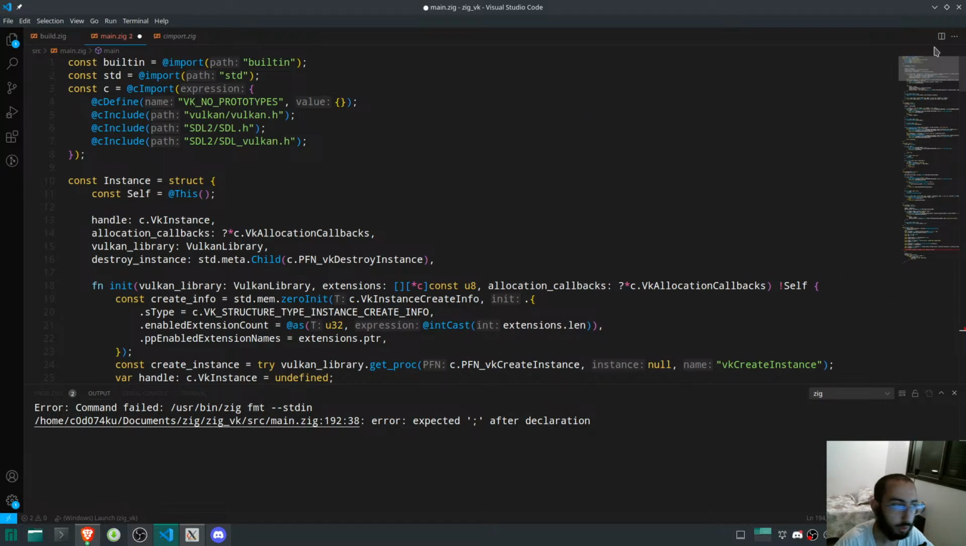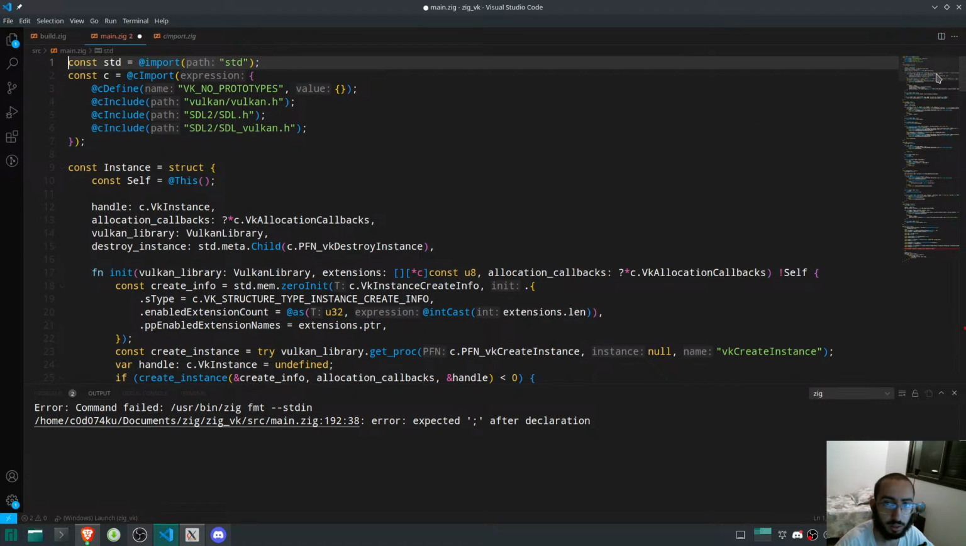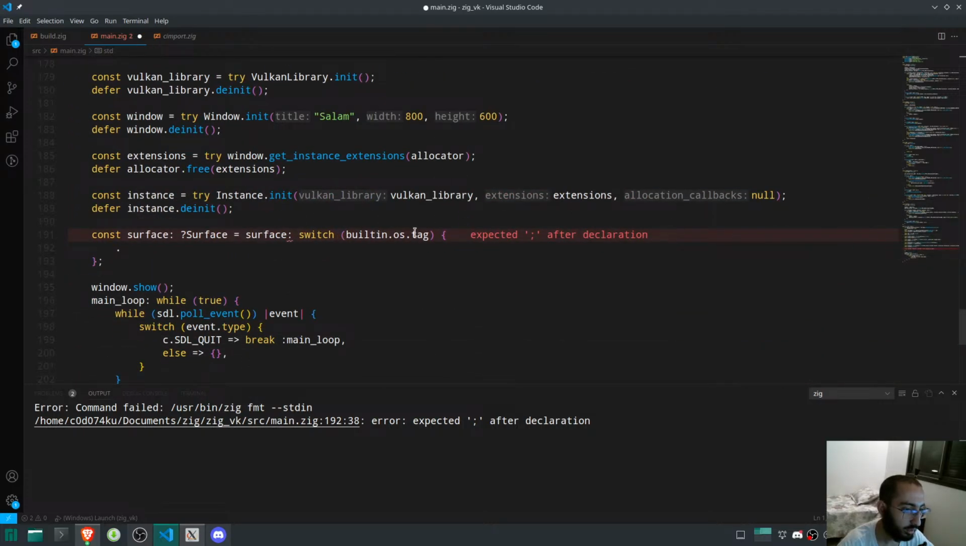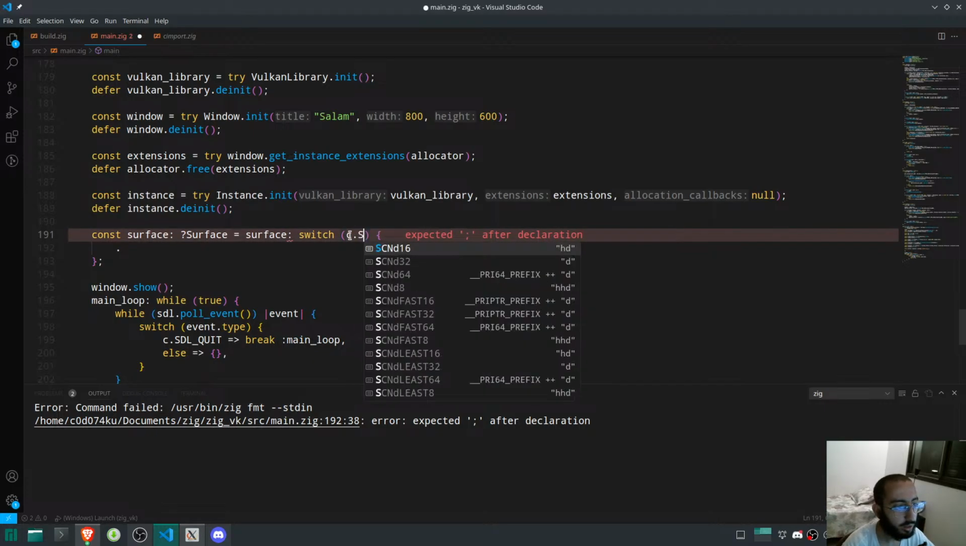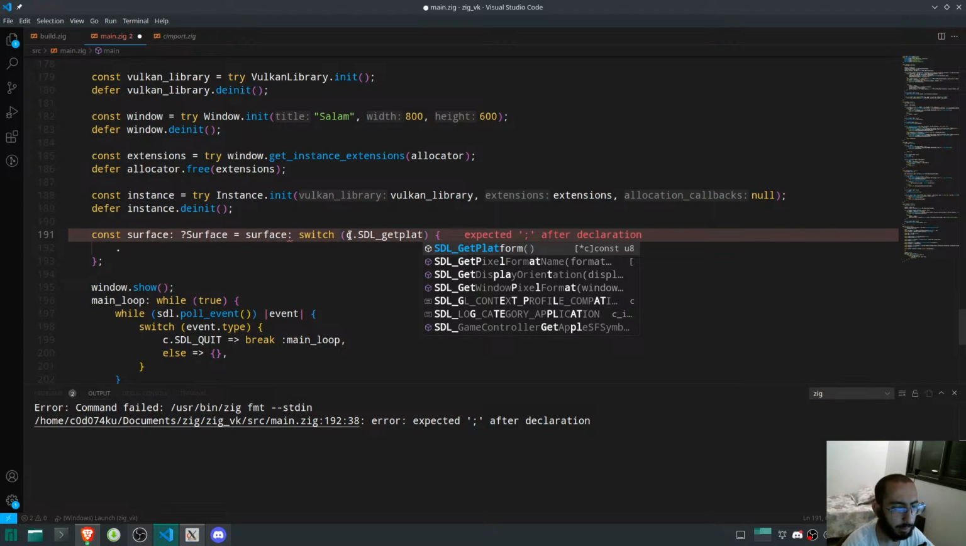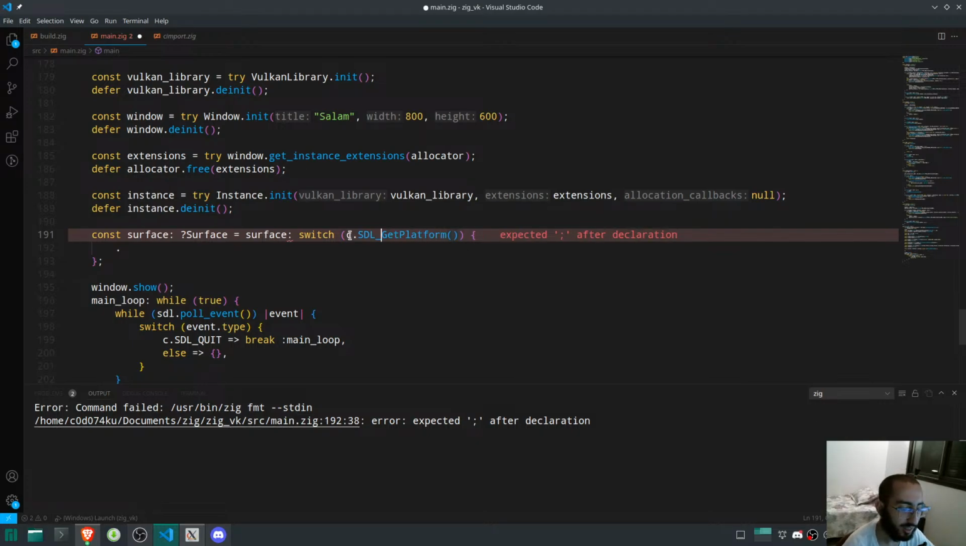Oh my god, that's so big. Let's see. Built-in, remove that. I don't need that anymore. And let's go down. Switch. Now switch c.sdl get platform name. That's why it's good to have something like SDL on your side for any cross-platform stuff. Nice. Now we're gonna check